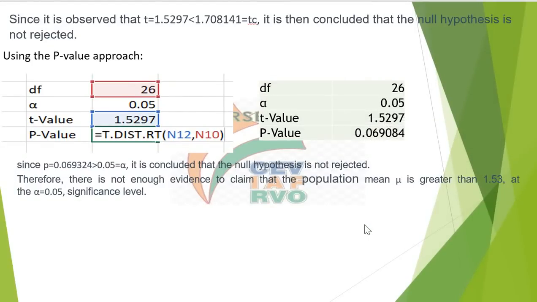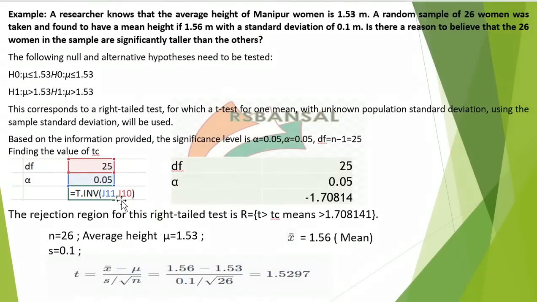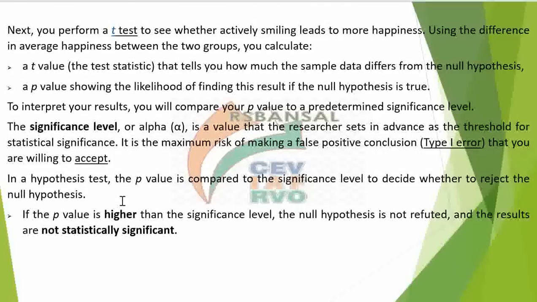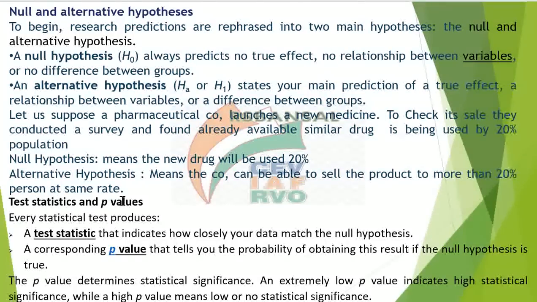It means that the null hypothesis prevails, so we do not need to go for the alternative hypothesis. Therefore, there is not enough evidence to claim that the population mean mu is greater than 1.53 at the alpha, which is 0.05 significance level. So this is all you need to know about statistics as far as this